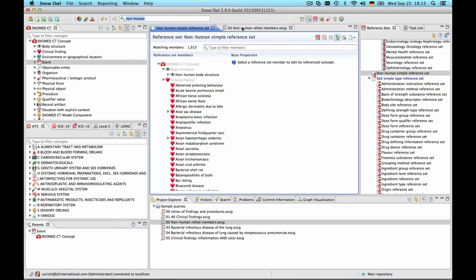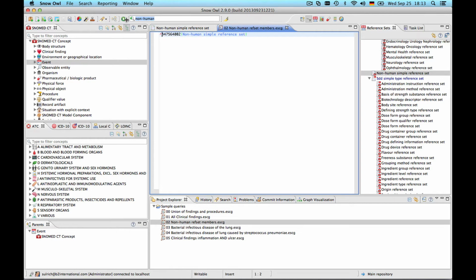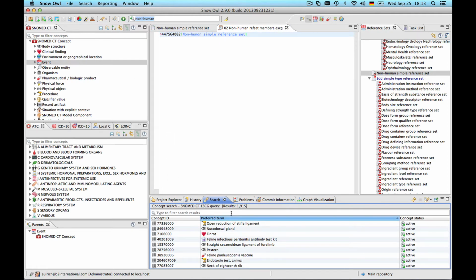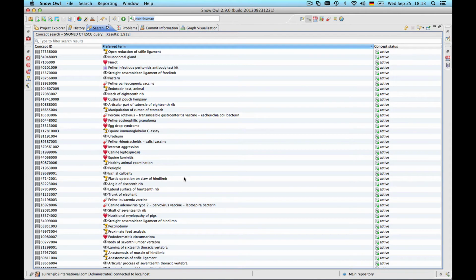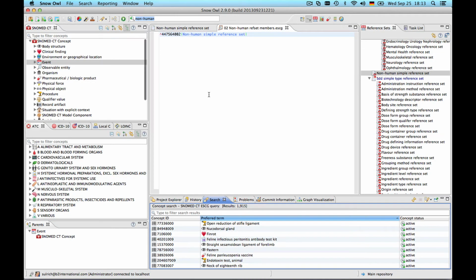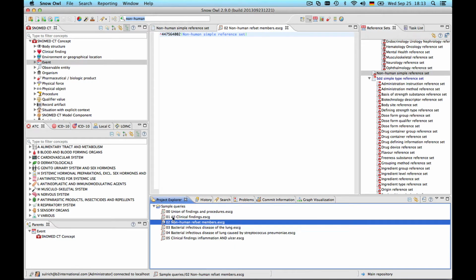Let's close this one and execute our query, so we get the same number of results here. So these are all veterinary terms that are in this reference set. It's also possible to combine two of these expressions. So if we take the first one, which was this one,